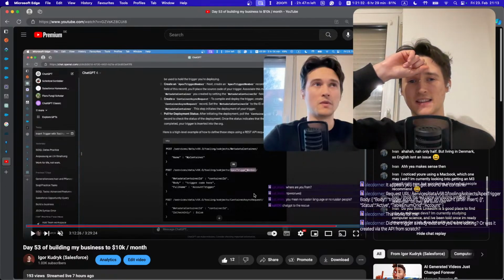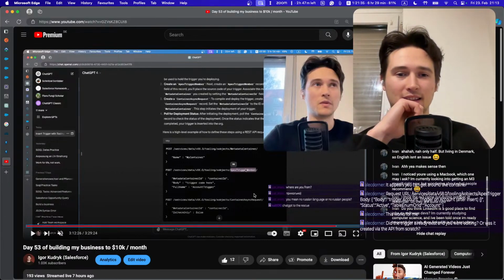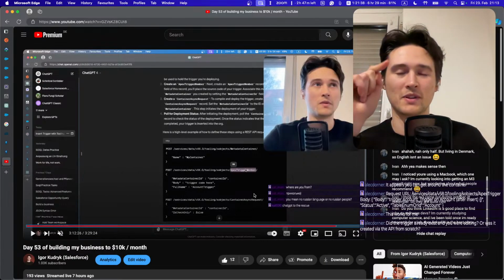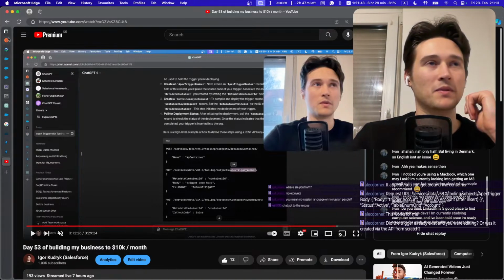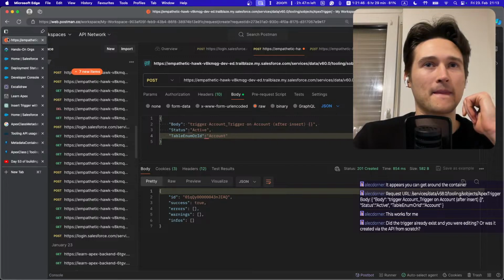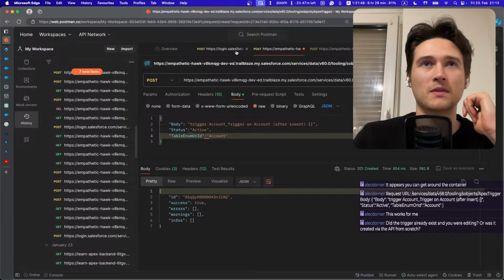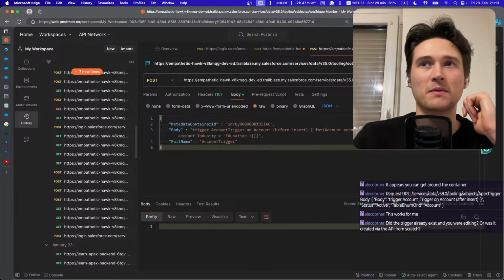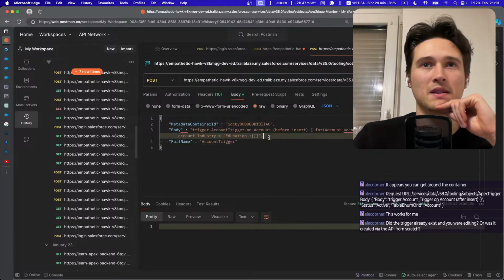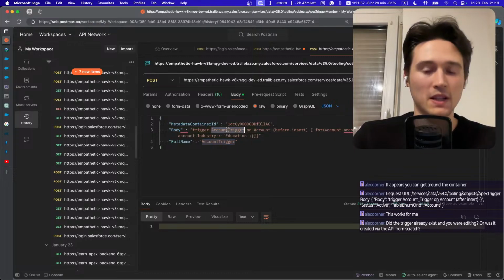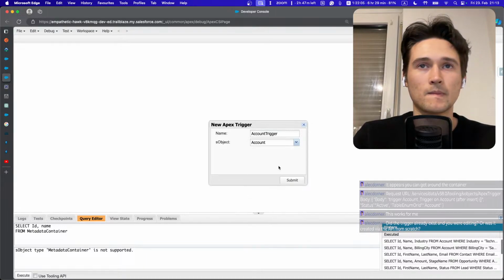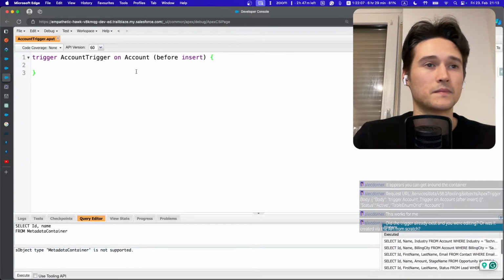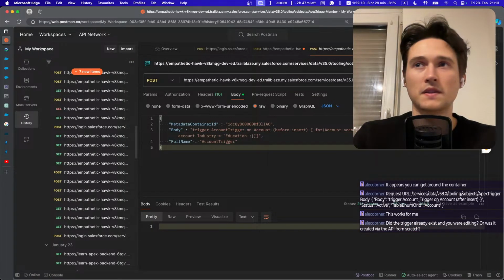Ah, that's the thing. Exactly. This is a really good question. It's possible that the trigger already existed, and that's why I was able to do that. This is pretty much possible. Let's try it. For example, we have Apex trigger member, we have this metadata, account trigger. Let's create account trigger already in the system. Okay, we have account trigger now. And if I execute it,